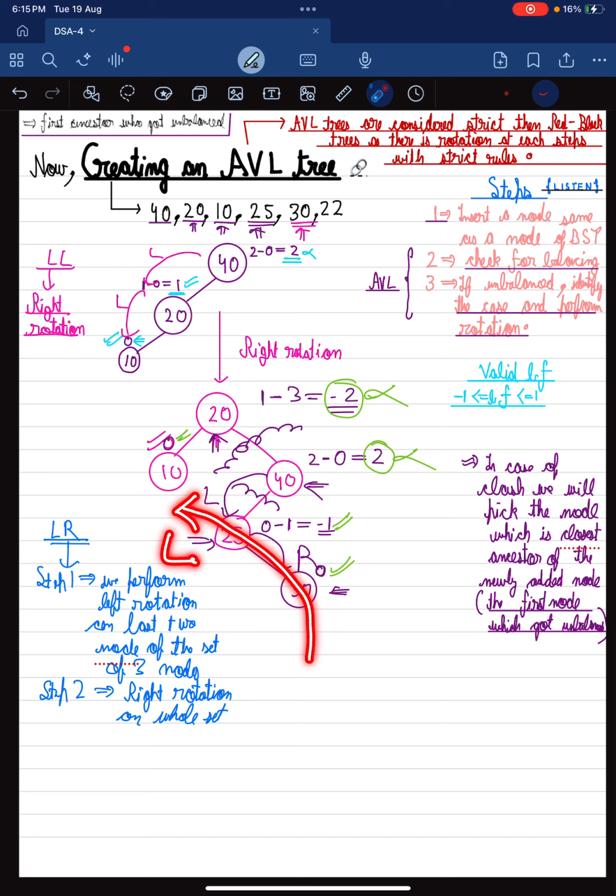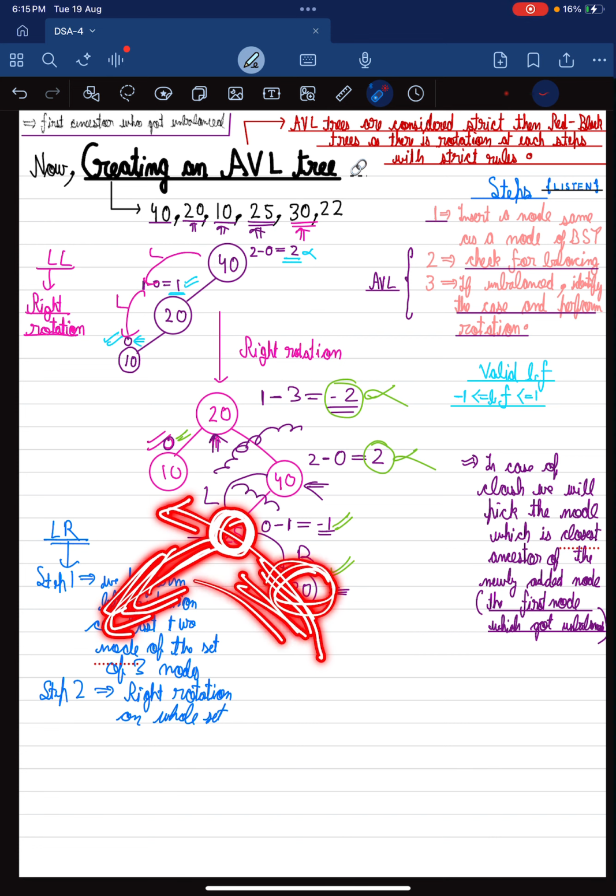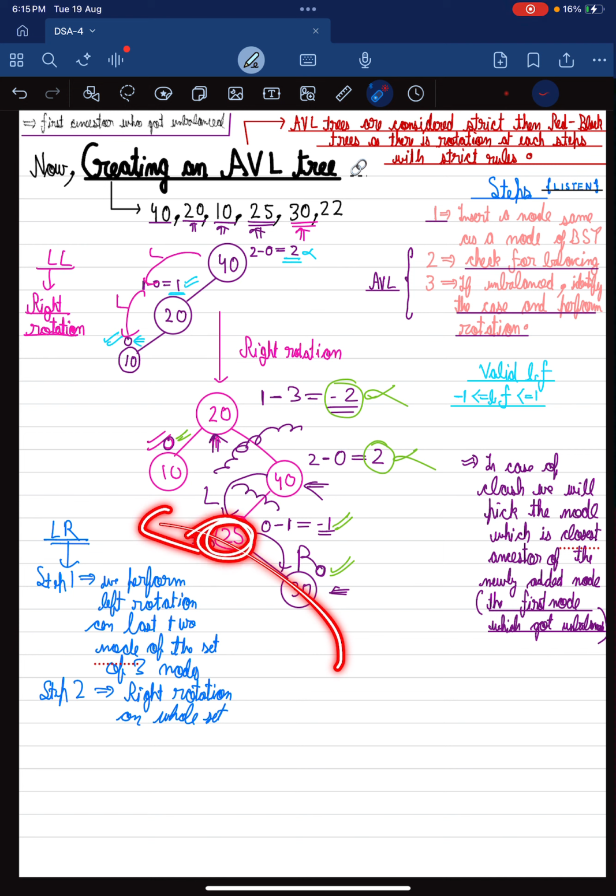So on the last 2 nodes of the set, we will perform left rotation. Now what does left rotation mean? Left rotation simply means that, as we discussed for the right rotation, the left rotation is the same. When I perform left rotation, I will stretch this node downwards. This will come downwards and this will go upwards. So for the left rotation, this node will come downwards here, and this node will go up. We will push it up and it will come here. So the new tree will look somewhat like this. Okay. So now let's perform